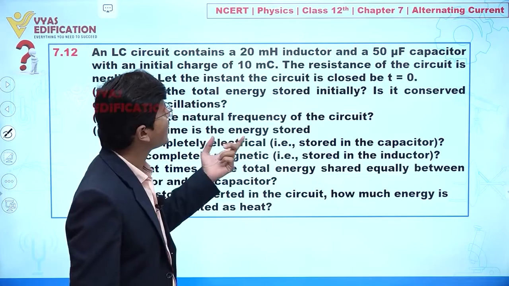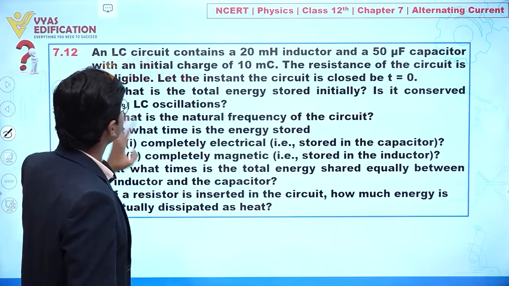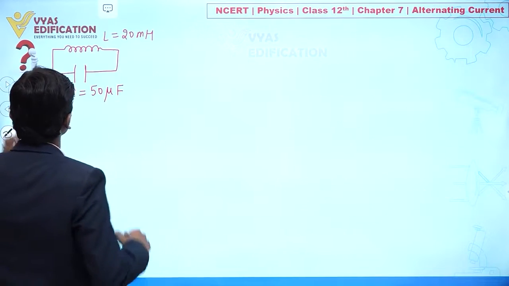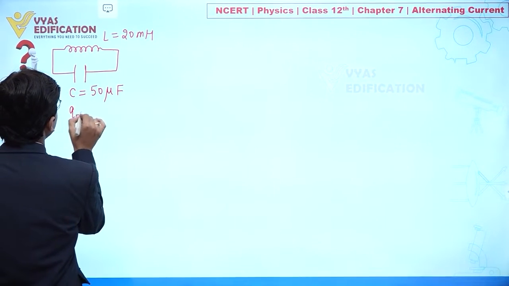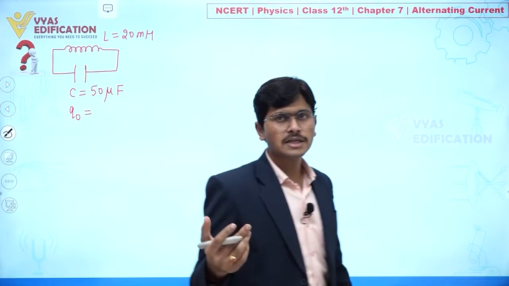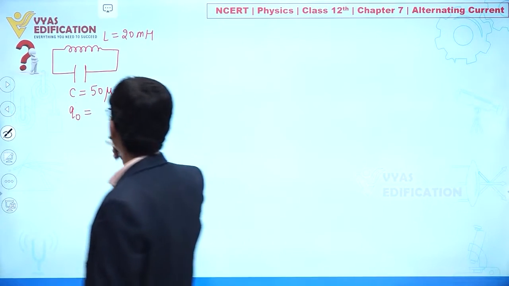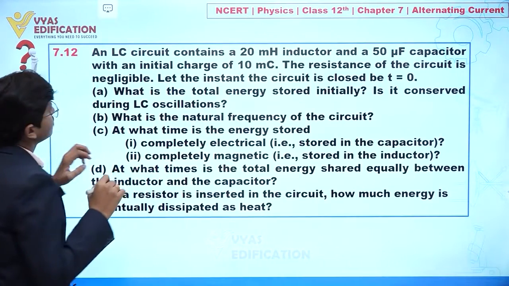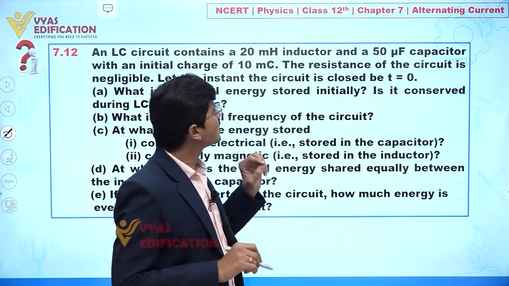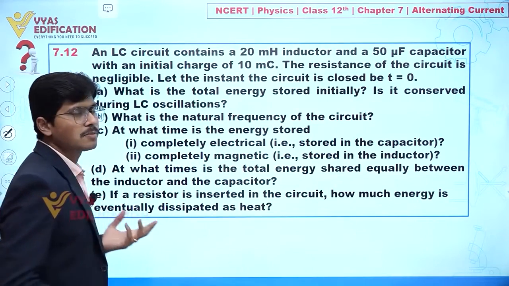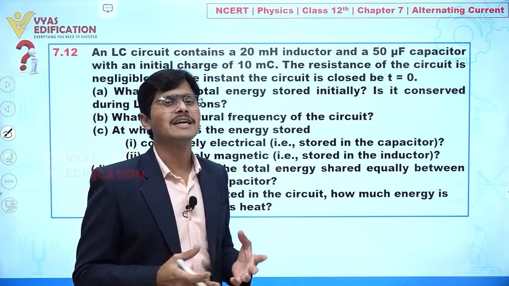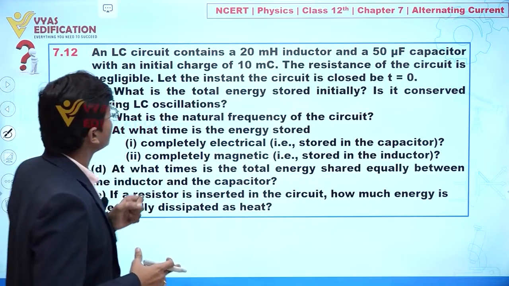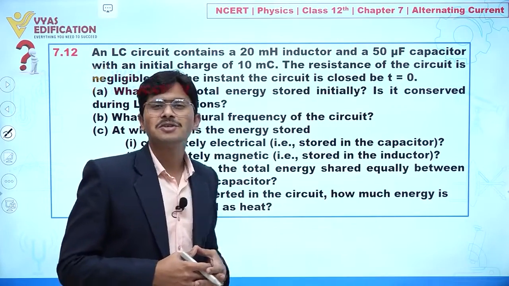So 20 millihenry and 50 microfarad, and it is given initial charge on a capacitor that is 10 millicoulomb, clear. So I can write here initial charge means the maximum charge that can be stored on a capacitor, 10 millicoulomb, clear to you. Now in this question the resistance of the circuit is negligible, it means we will not add here any element of resistance, clear, and it is also given let the instant the circuit is closed be t equal to